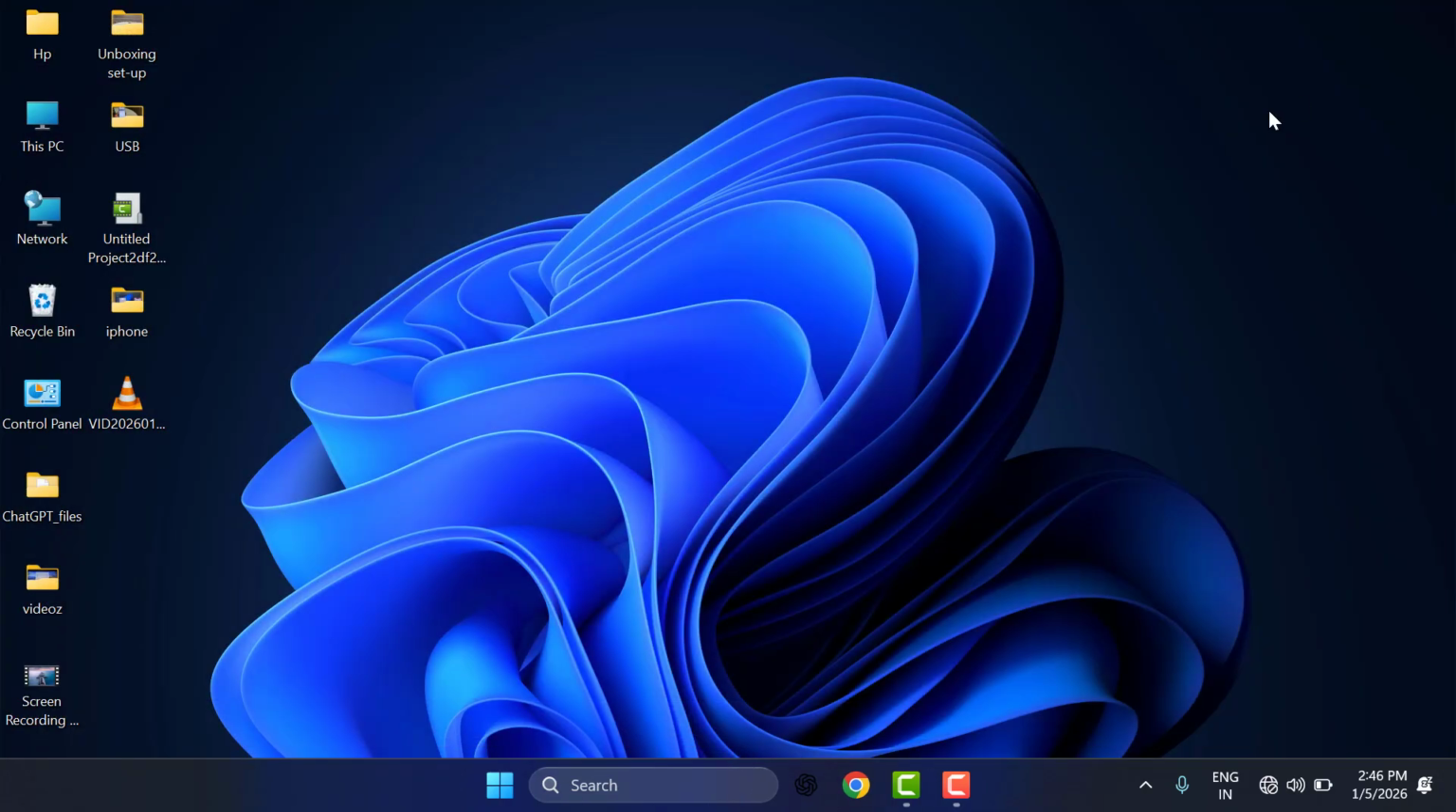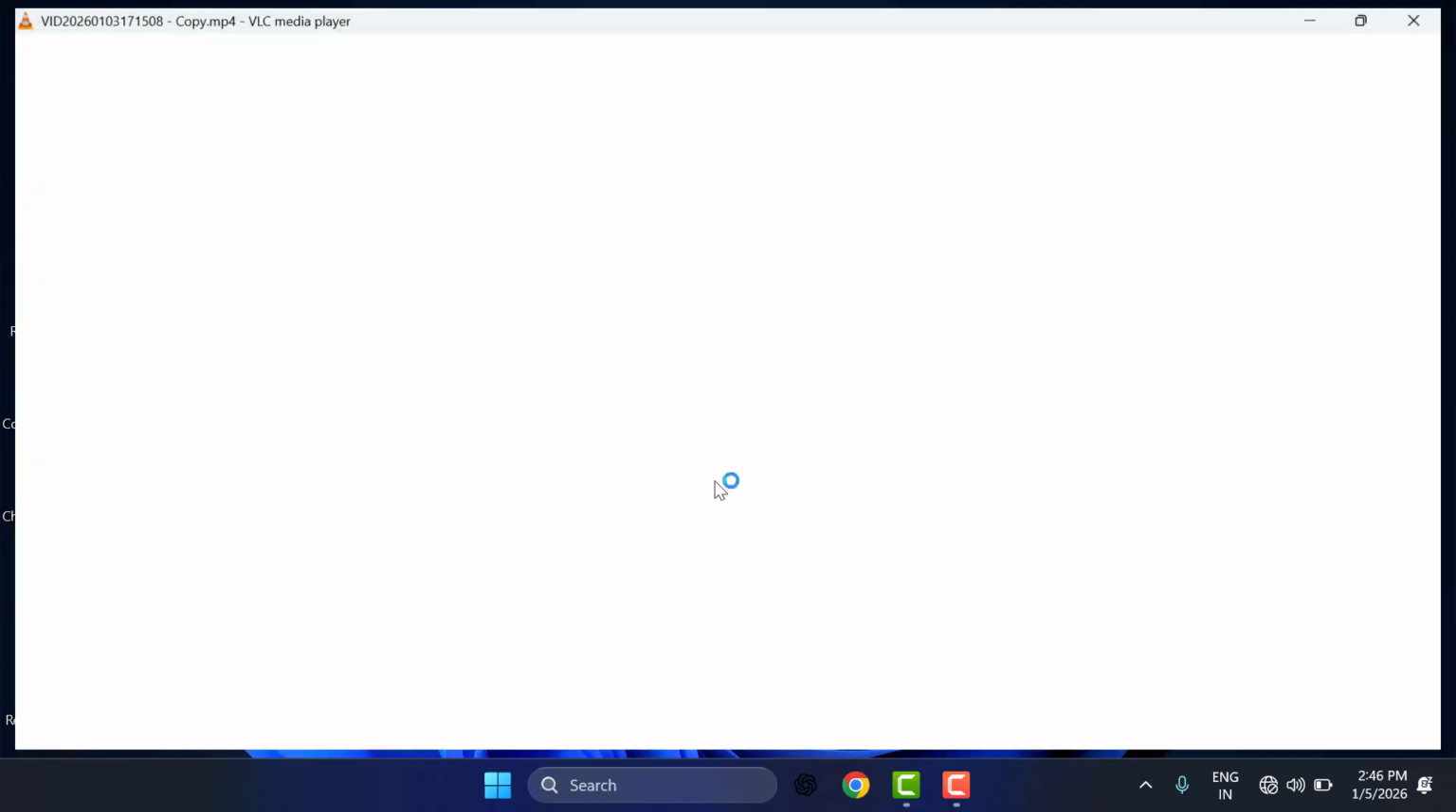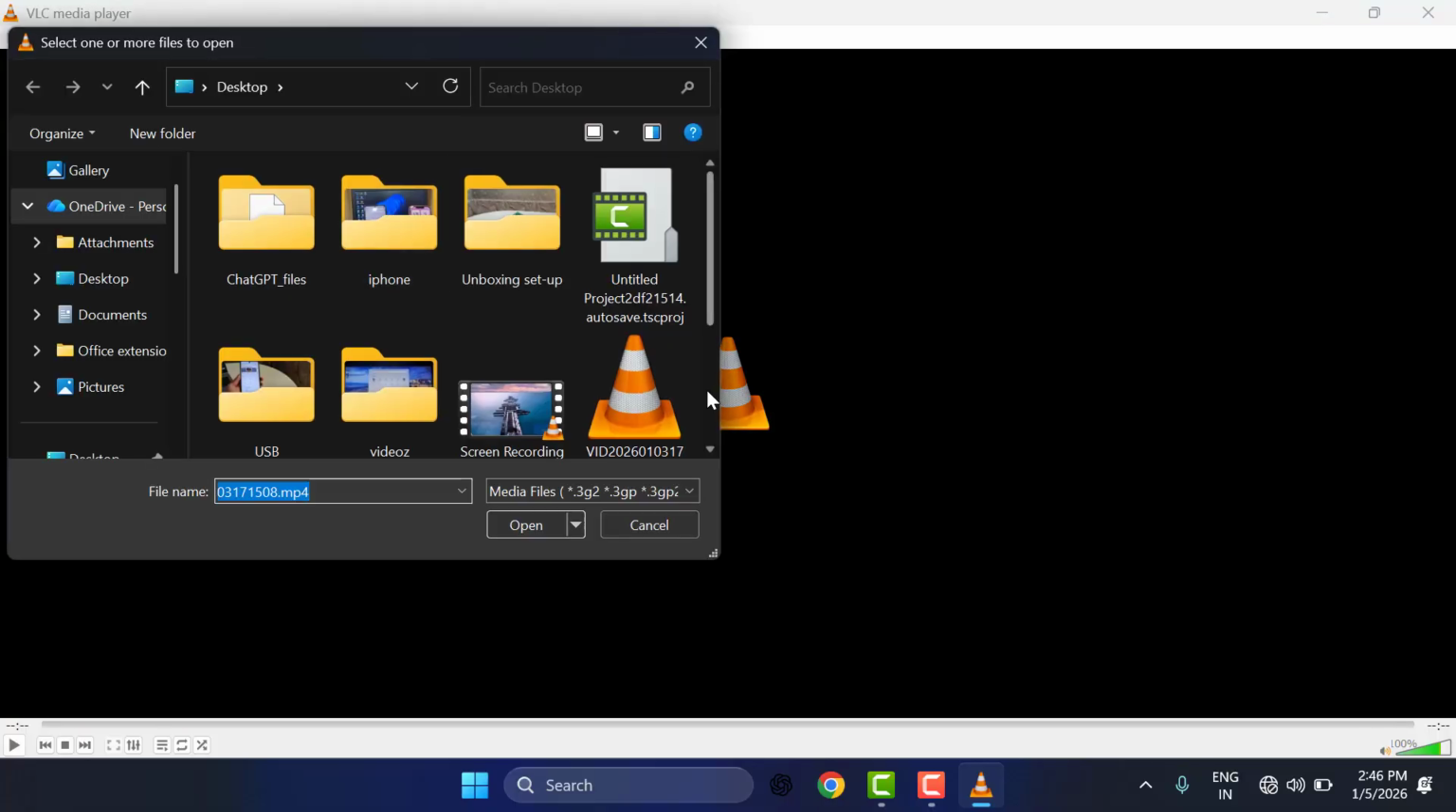Before we start, one very important rule: never work directly on the original file. Always create a copy first. First you need to copy your original file and paste it, make a duplicate. When the file has been successfully copied, open VLC media player, open the file and select your copy, and